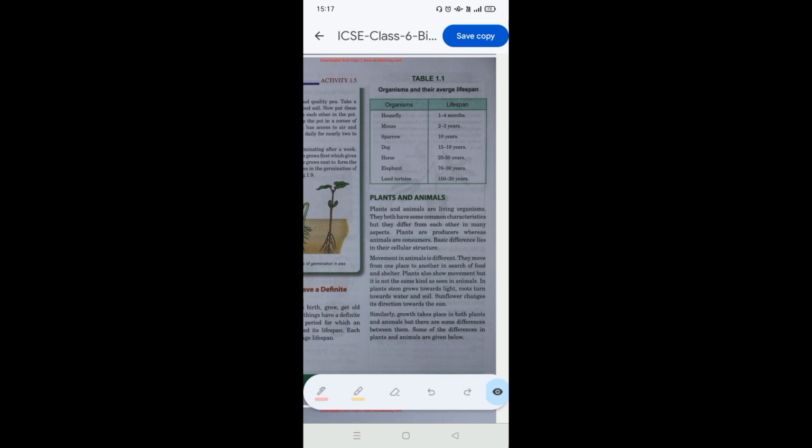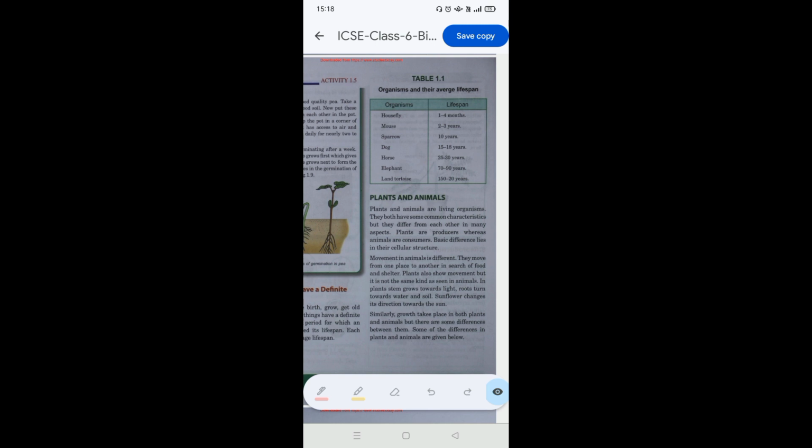So, over here in the table, there are organisms' names mentioned and their lifespan mentioned. So, first organism is housefly and its lifespan is 1 to 4 months. Mouse, 2 to 3 years lifespan. Sparrow, 10 years of lifespan. Dog, 15 to 18 years of lifespan. Horse, 25 to 30 years of lifespan. Elephant, 70 to 90 years of lifespan. Land tortoise, 150 to